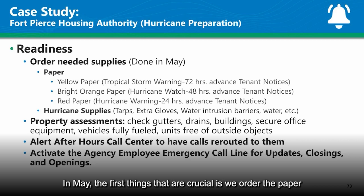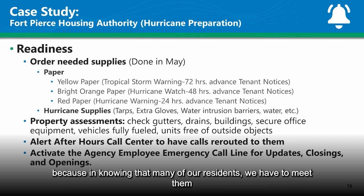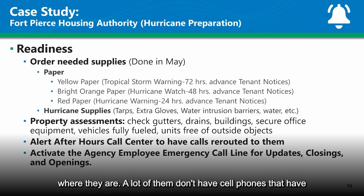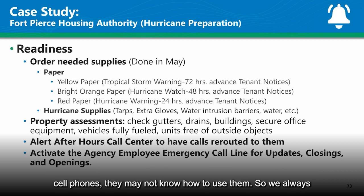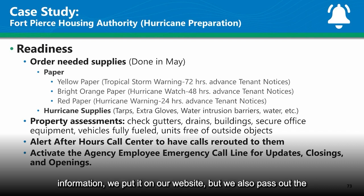In May, the first thing that is crucial is we order the paper, because, knowing many of our residents, we have to meet them where they are. A lot of them don't have cell phones that have communication skills. A lot of our elderly people, even though they have cell phones, may not know how to use them. So we always make sure that we do a two-pronged thing. We send out the information, we put it on our website, but we also pass out the sheets to every